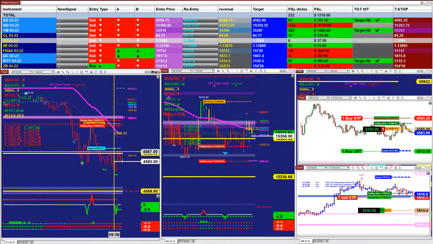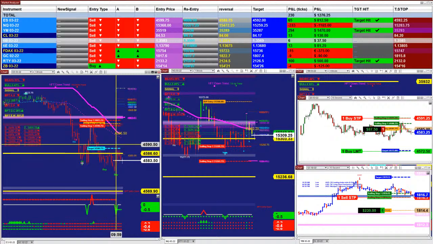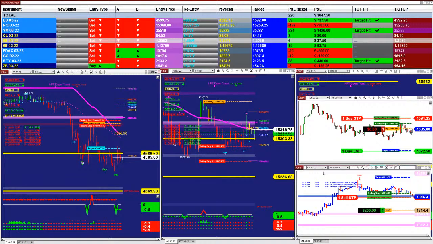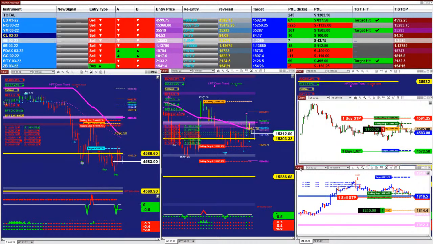Even if you experience the ES pullback, there is a re-entry short at 45.94.75. So you gotta be careful with your trade. We are done with the gold trade, and there we go. You can see how the ES